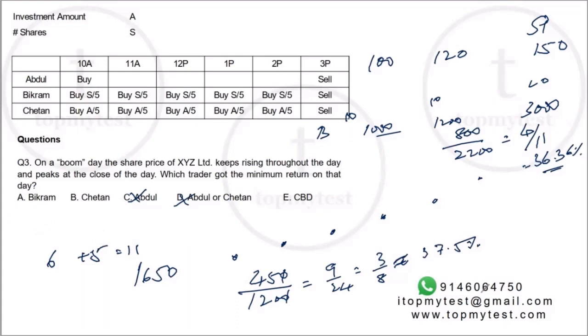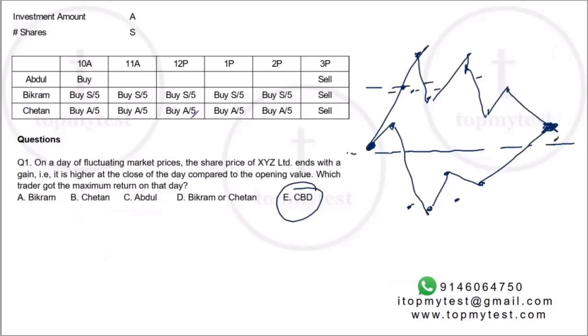Right. So Chetan makes more money than Bikram, and Bikram will be the lowest amount. Right. You can extend it to 3 places, 4 places, 5 places, 6 places. You will definitely get the same sort of scenario. Right. So the first 3 questions were pretty straightforward.